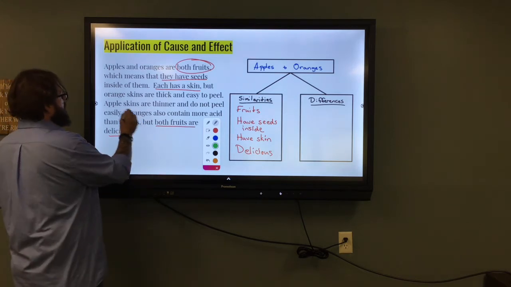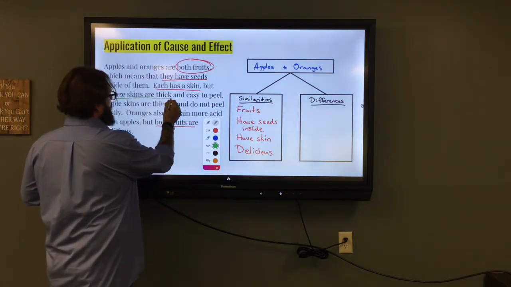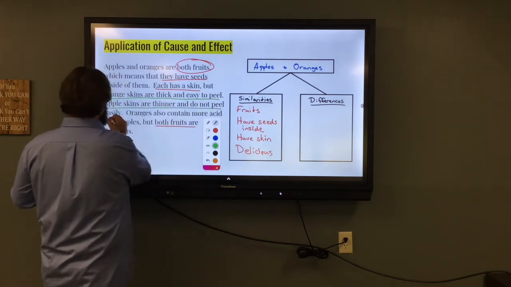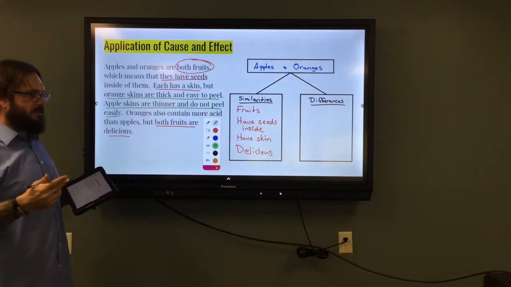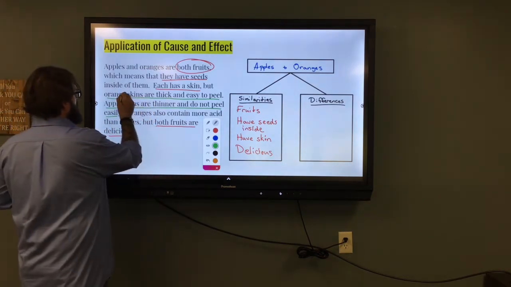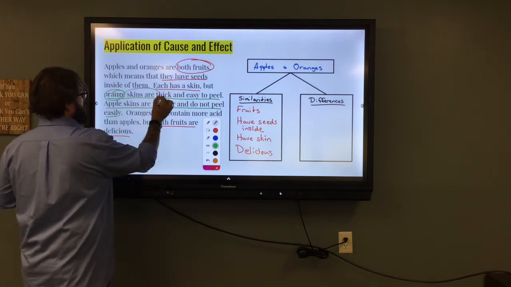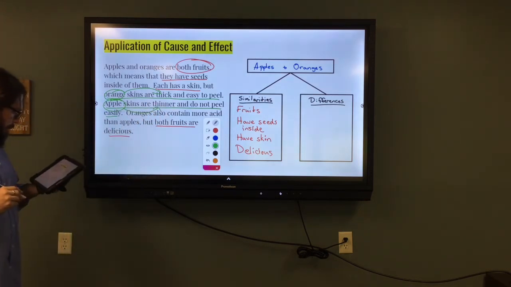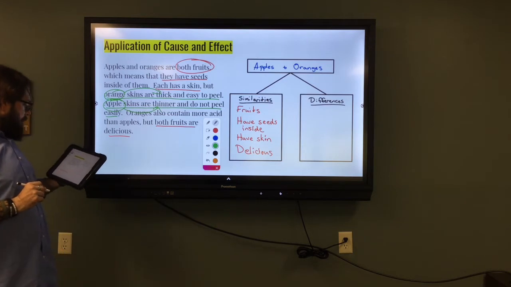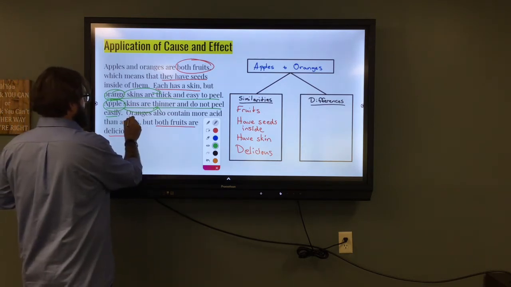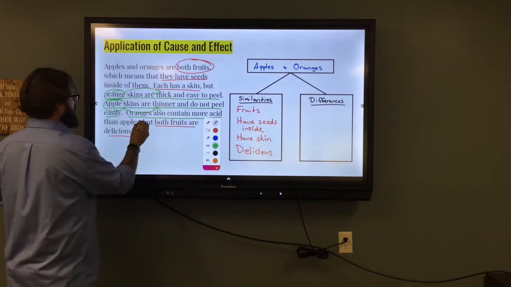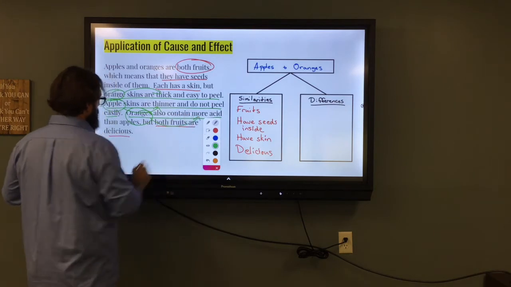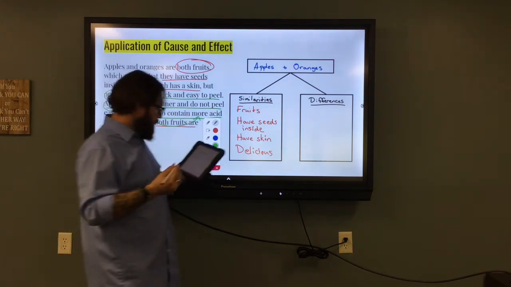Okay, so here we see that orange skins are thick and easy to peel, but apple skins are thinner and do not peel easily. So that is a difference. Orange skins are thick, apple skins are thin. And then we also see that oranges contain more acid. So in this case, here's our next one, oranges, more acid. So our differences,